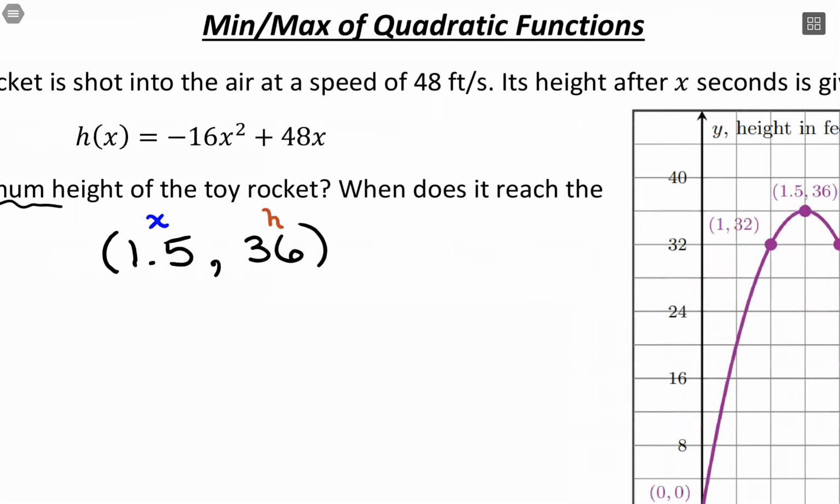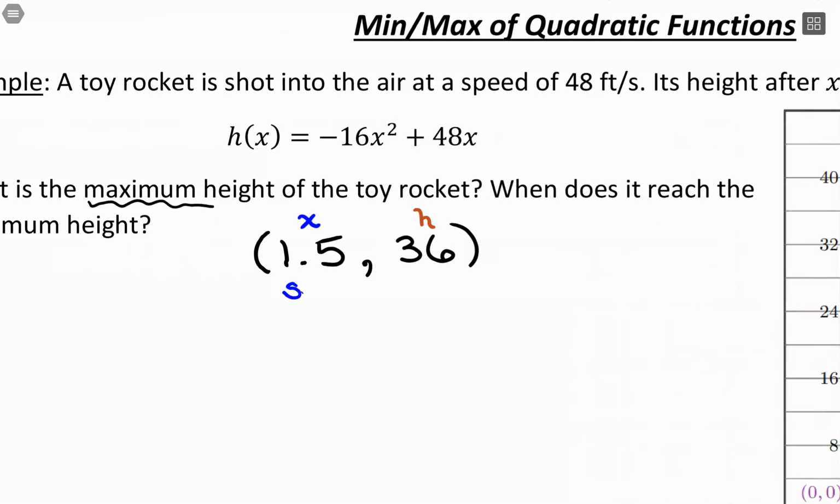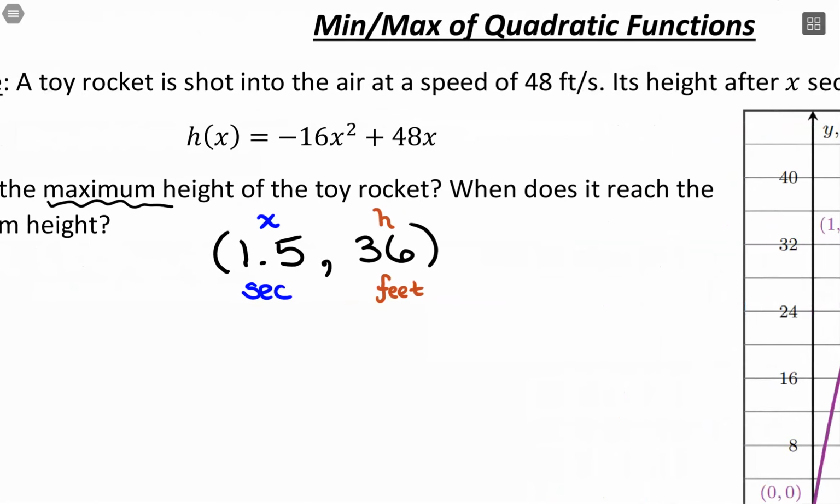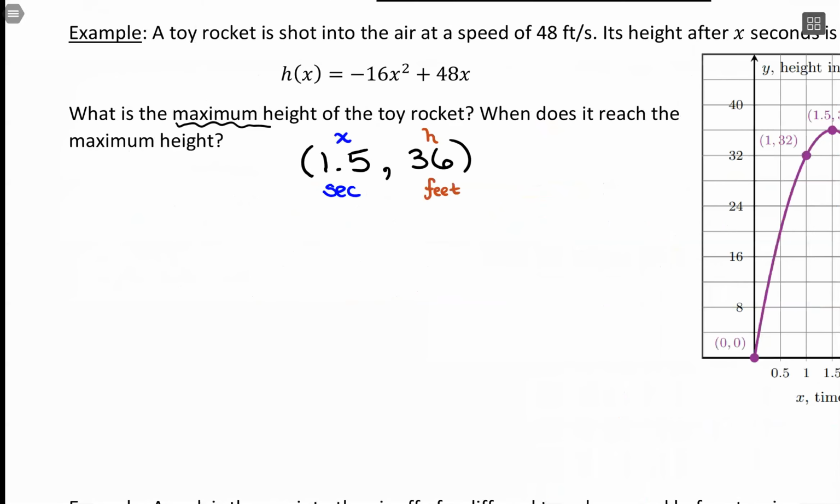So x is representing an amount of time in seconds, and 36 is a height, which is measured in feet. I'm getting the feet from these units of feet per second, so I can tell what measurement of distance we're using and the amount of time, even though time is given over here as well. Alright, so with that, I can see